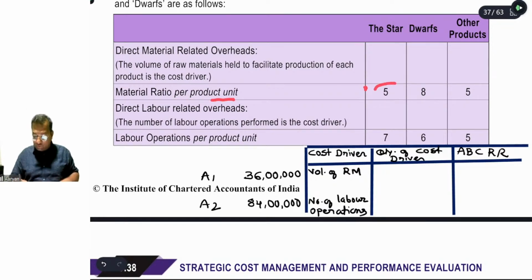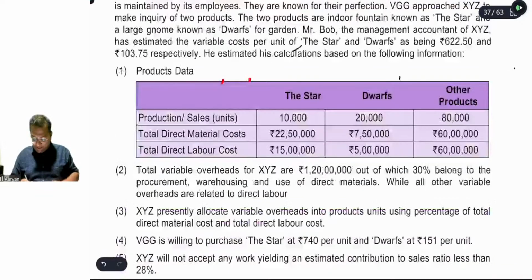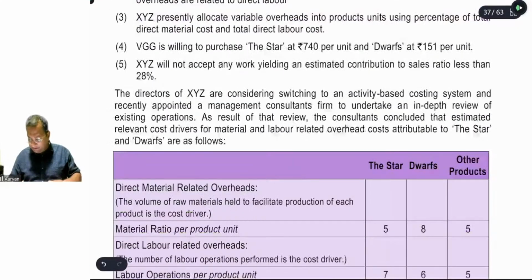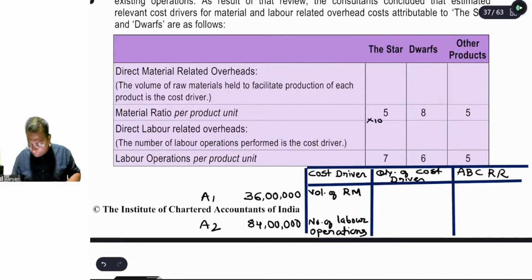So 5 quantity volume लगता है raw material का हर एक यूनिट बनाने में, so this is to be multiplied by the number of units, and the number of units are 10,000, 20,000 and 80,000. So इसको हमें मल्टीप्लाई करना पड़ेगा 10,000 से, 20,000 से एंड 80,000 से।